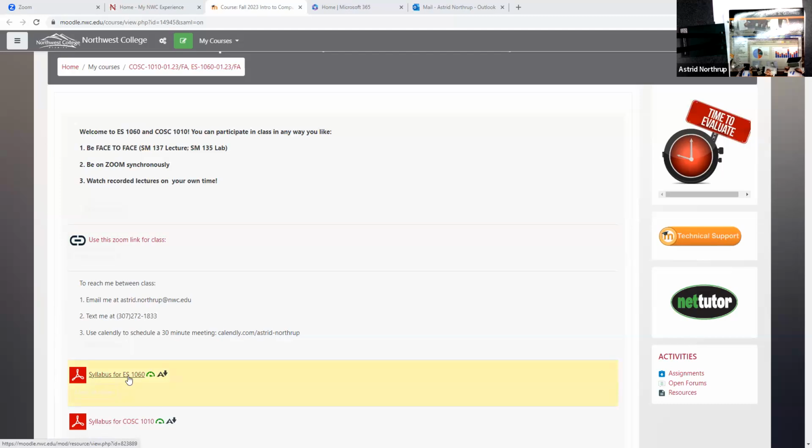And so if you go back to your syllabus, ES 1060 syllabus or computer science 1010 syllabus, you'll see the percentages are a little bit different. The elements are the same, but the percentages are a little bit different depending on what class you're in. So if you take a look at that, you'll be able to figure out what